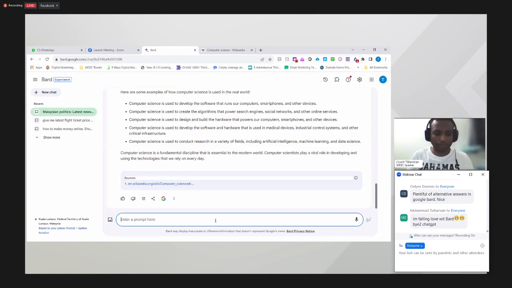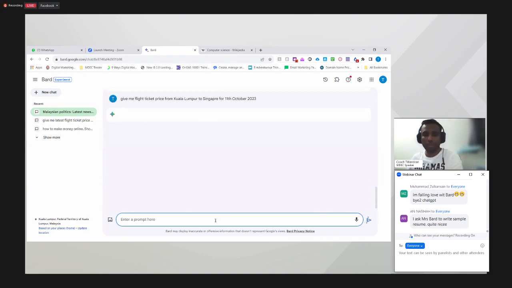I type here: flight ticket price from Kuala Lumpur to Singapore, for 11th October 2023, because I want to know the price of a flight ticket to Singapore.